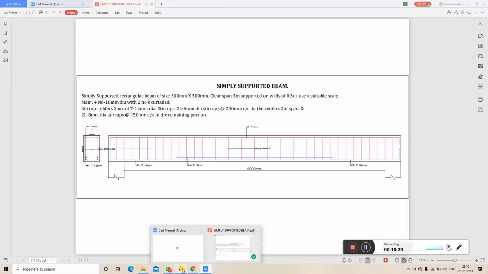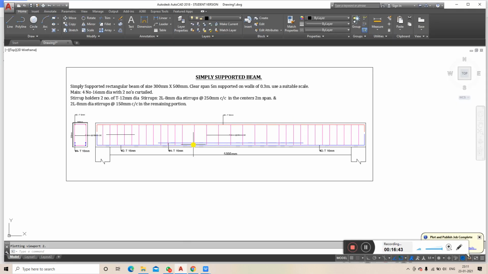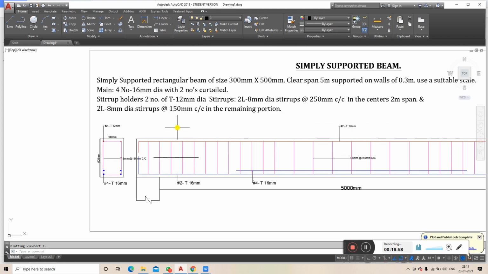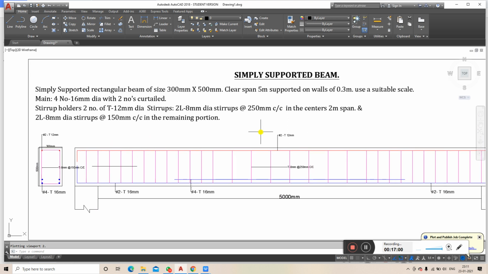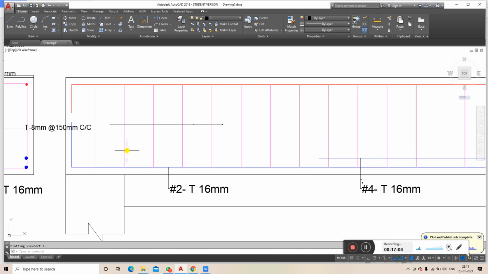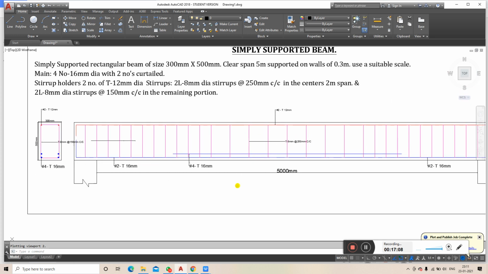So in this video we have discussed the simply supported beam. I'll be giving the link in the description box of this image or the PDF. You can get a printout of that. Better you take the color print if possible. So this is the span of beam, dimensions, reinforcement, stirrups, everything is discussed here.